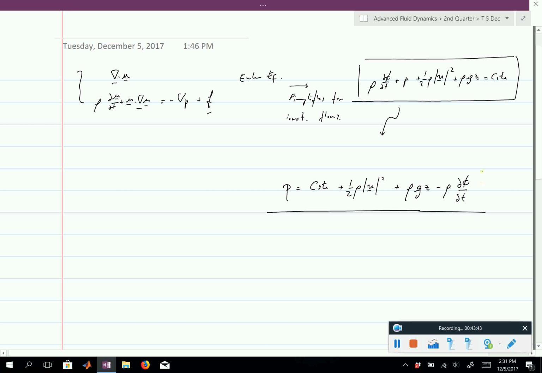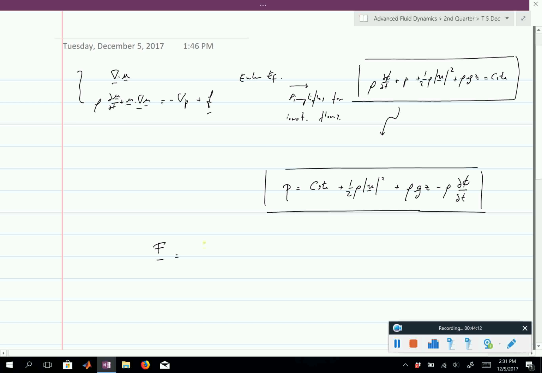So if I have an unsteady flow, and I know the flow, I know u, I know the velocity, I know the potential, and therefore I know the time derivative of the potential. So I know this term, I know that term, I can compute the pressure. Right? And from this, I can get to the total force. And so the force, F,